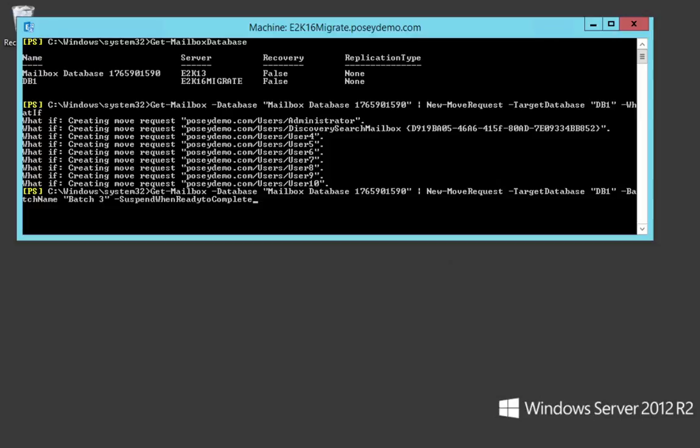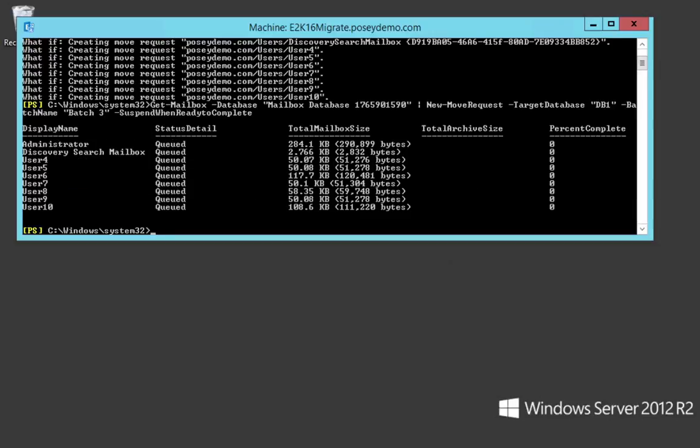Now we don't have to use the suspend when ready to complete, but I'm going ahead and using it this time just because I want to show you how it works. So with that said, I'm going to go ahead and press enter and start the process. And this takes a little while, so I'm going to pause the video and we'll pick it up here a little bit later on. Okay, so after a brief delay, the move requests have been created, and you can see